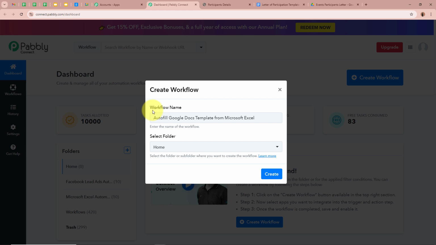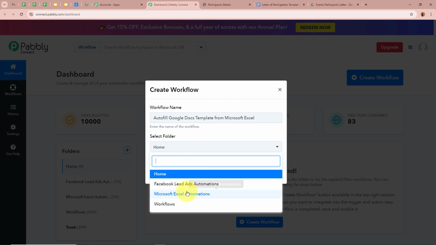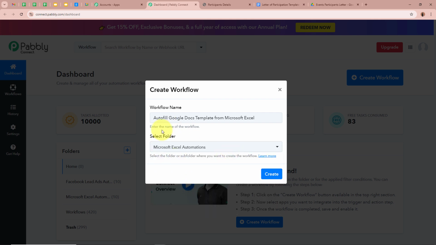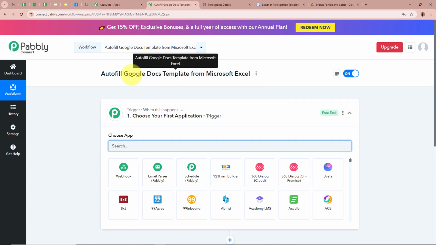Next, it is asking for us to select a folder. So on the left side of my screen, you can see I've created multiple folders in my Pabbly Connect account, from which I'm going to select a specific folder in which I want to save this workflow. For that, click on this field. So these are the folders from which I'm going to select Microsoft Excel Automations as the folder I want to save this workflow in. After giving a name to a workflow and selecting the folder, let's click on Create in order to create a workflow. A workflow is created in the name of How to Autofill Google Docs template from Microsoft Excel, and there are